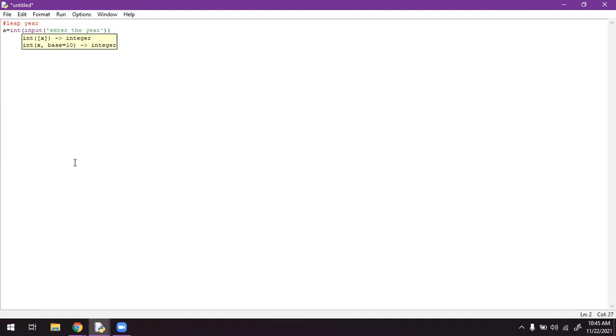So the first statement is completed. If that A is perfectly divisible by 4, how can we check using the modulus division concept? If it is perfectly divisible by 4, then we can say